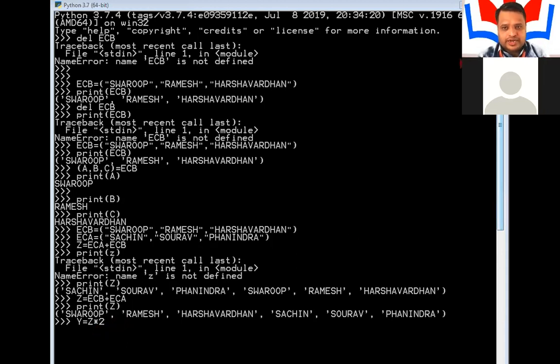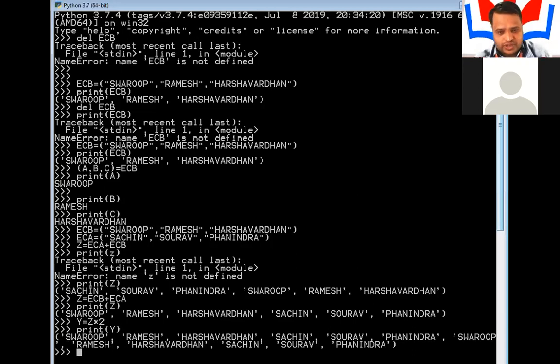Now let us see the output. Obviously there is no error. Then I will print the value of y. While specifying the tuple name you should be very careful about case sensitivity. Suppose I specified a capital Y and then use a small y, then you will get an error that the name is undefined.